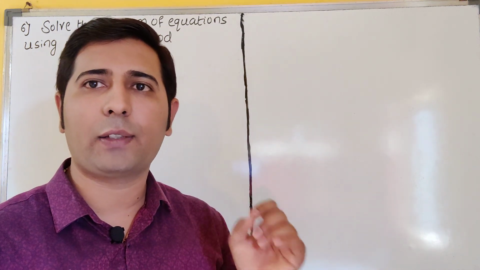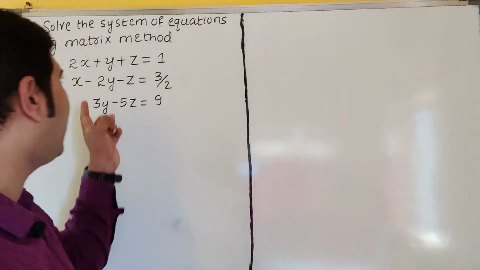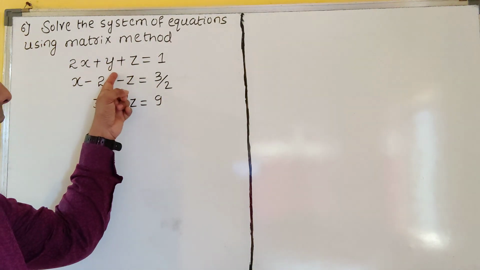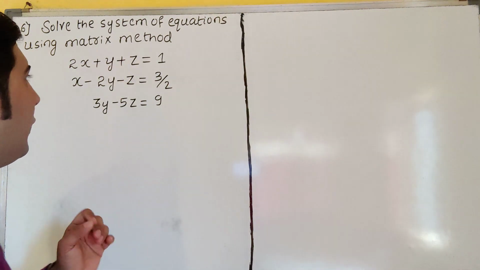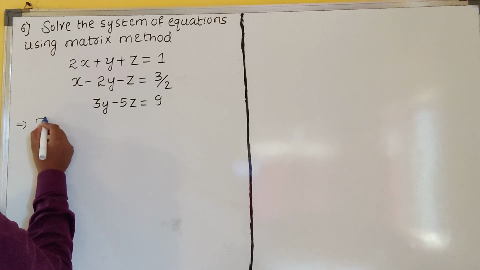So the main important thing in this question is we have to find the value of what? X, y, z. These are the given unknowns for us. We have to find the value of x, y, z, dear students. So now how to start the answer here? First you write the given